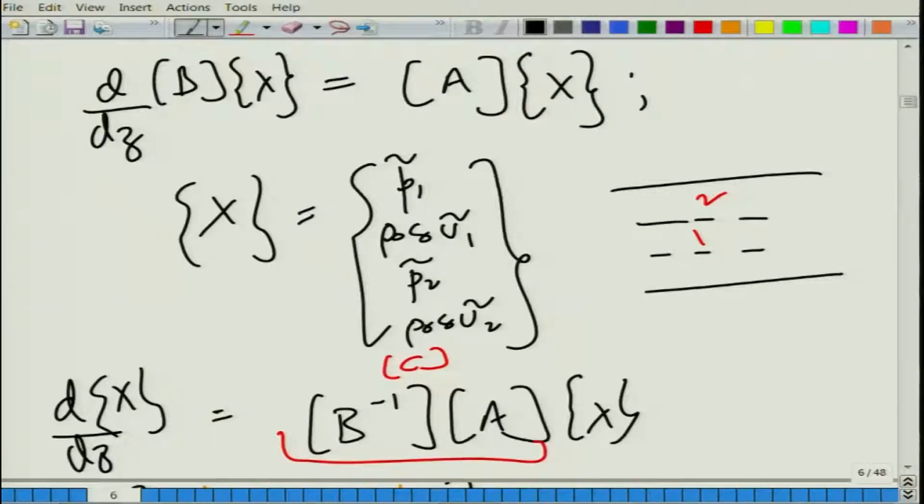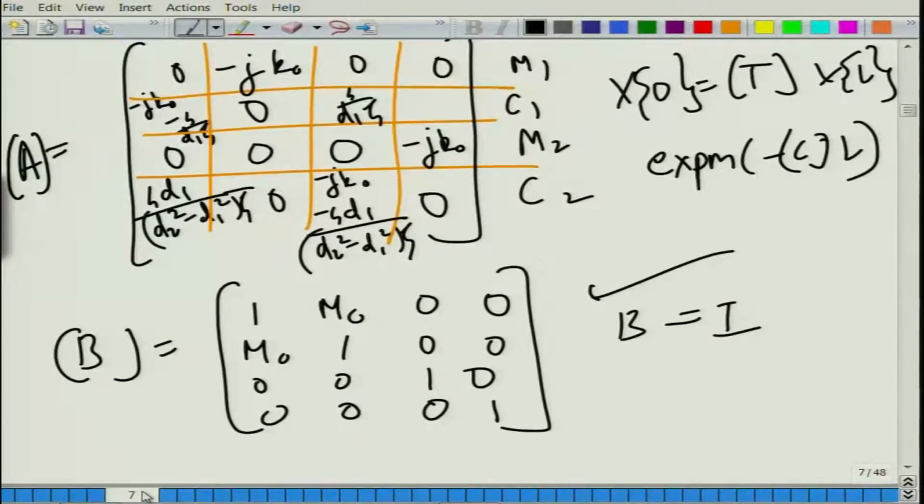Before we do that, let us very briefly review what we did last time. These were the slides from the last class. You see these equations, d/dx of Bx is equal to Ax, where x is your vector. We purposely recast the equations by writing the momentum equation first, then the continuity equation in duct 1 of the airway, then momentum equation 2 and continuity equation 2. With this arrangement, M1, C1, M2, C2, we get the form